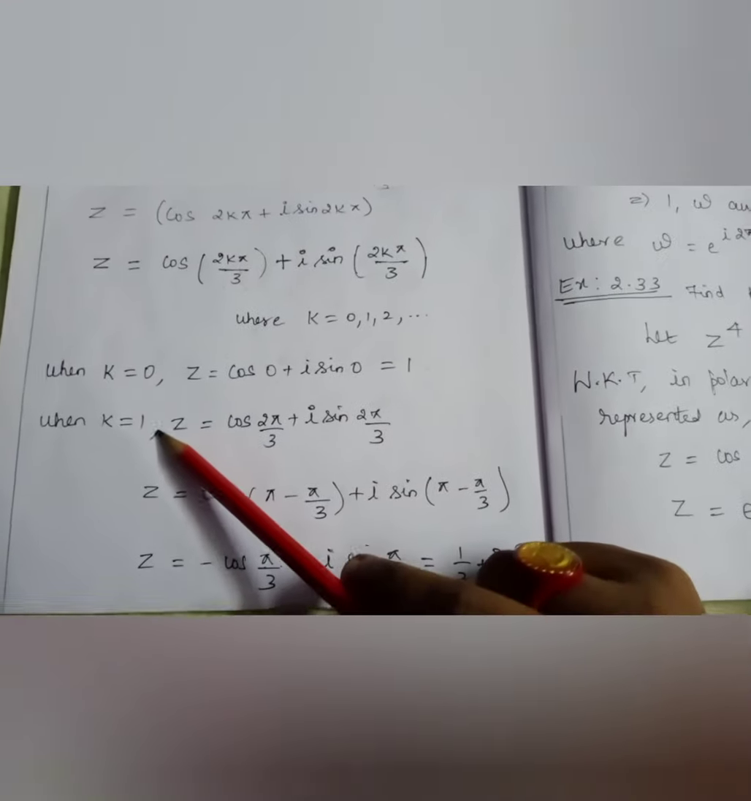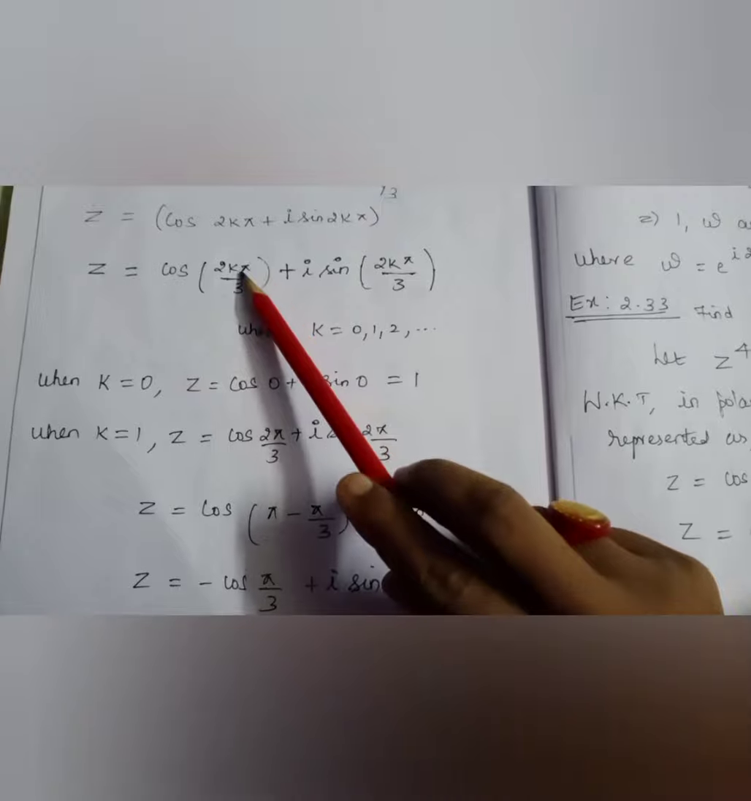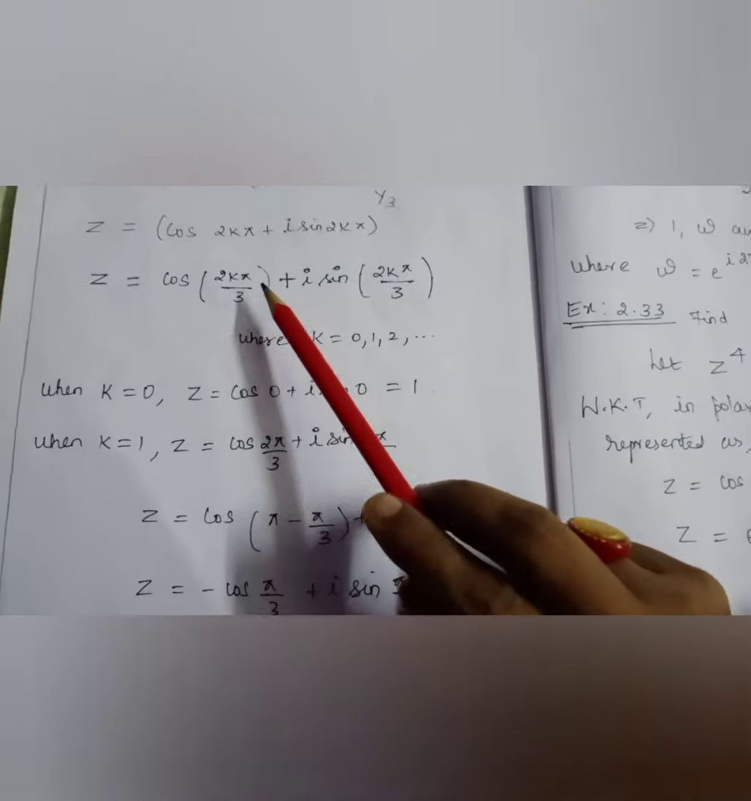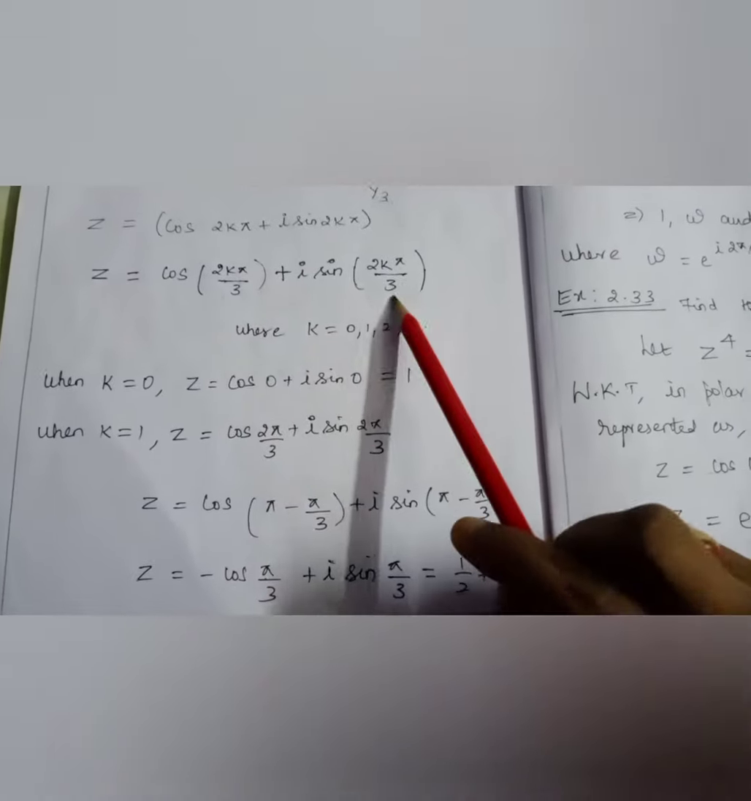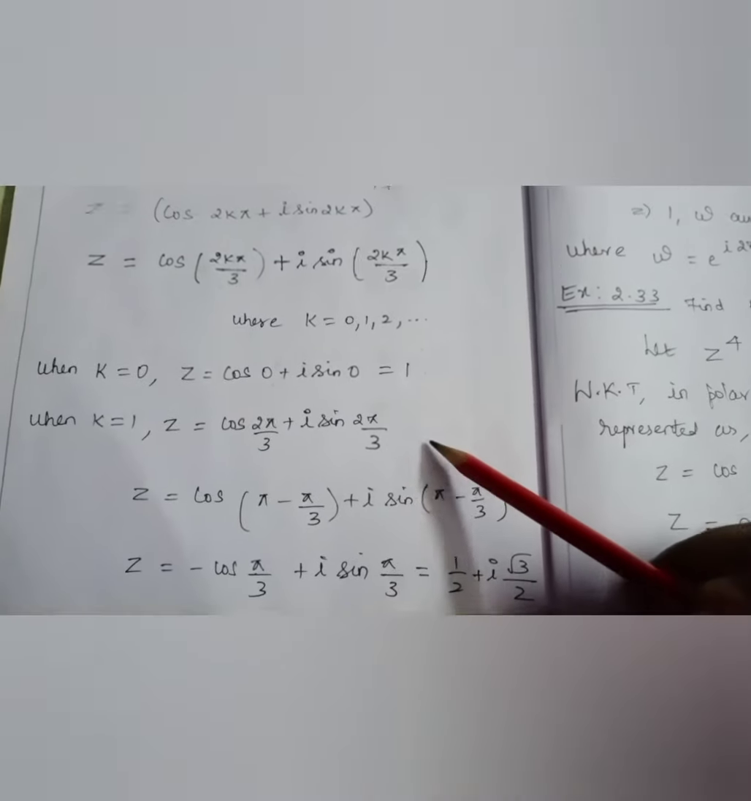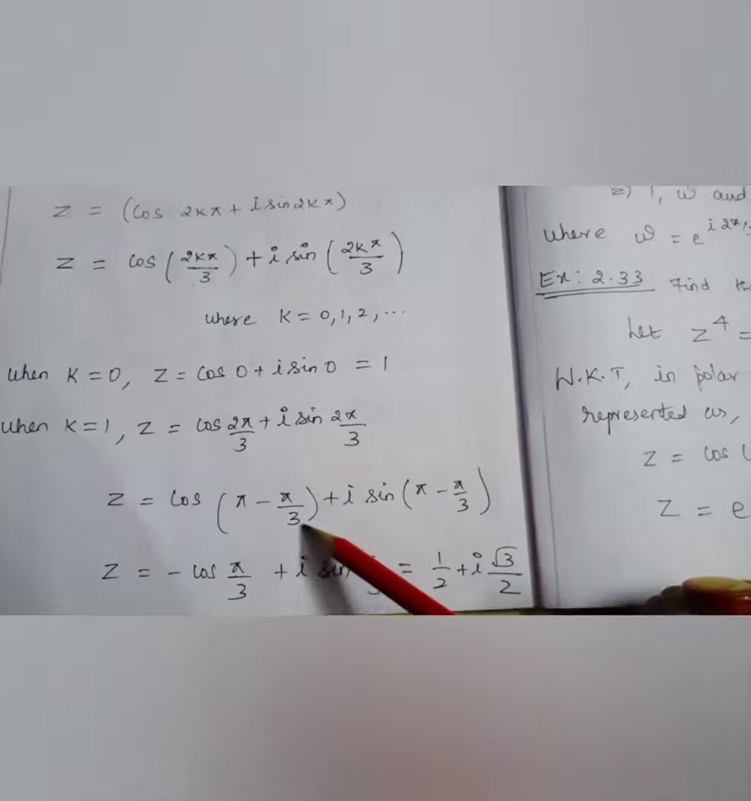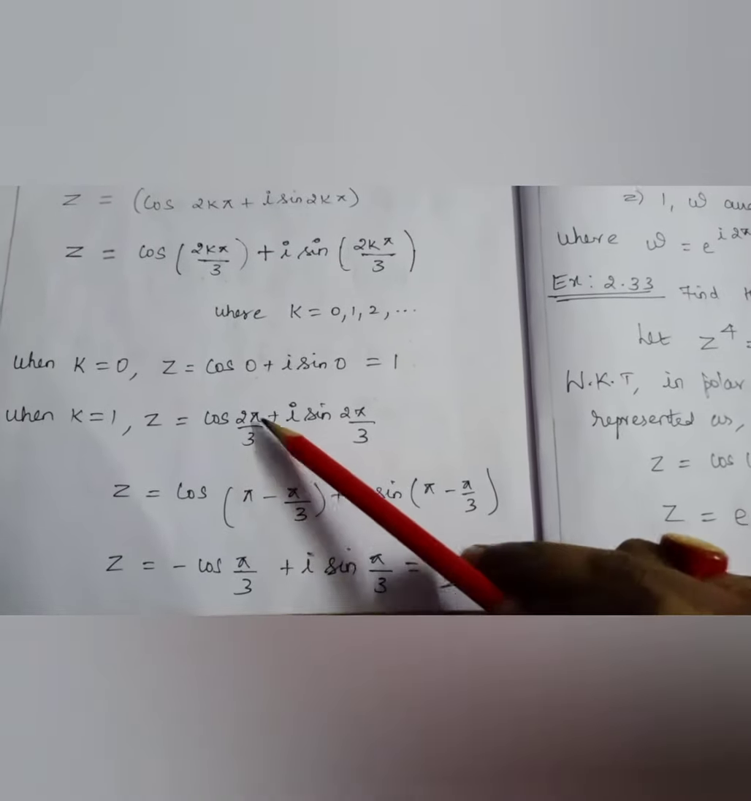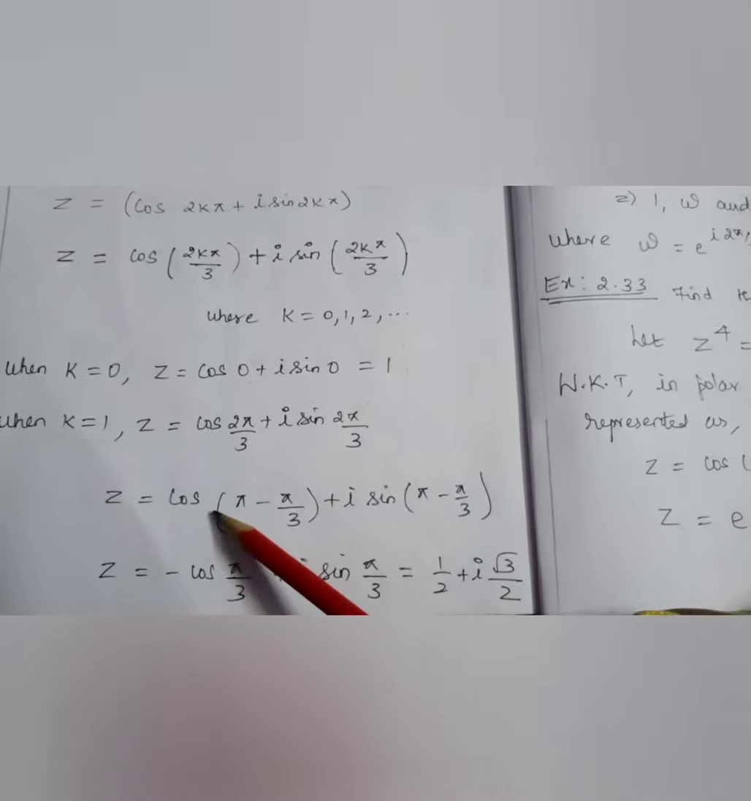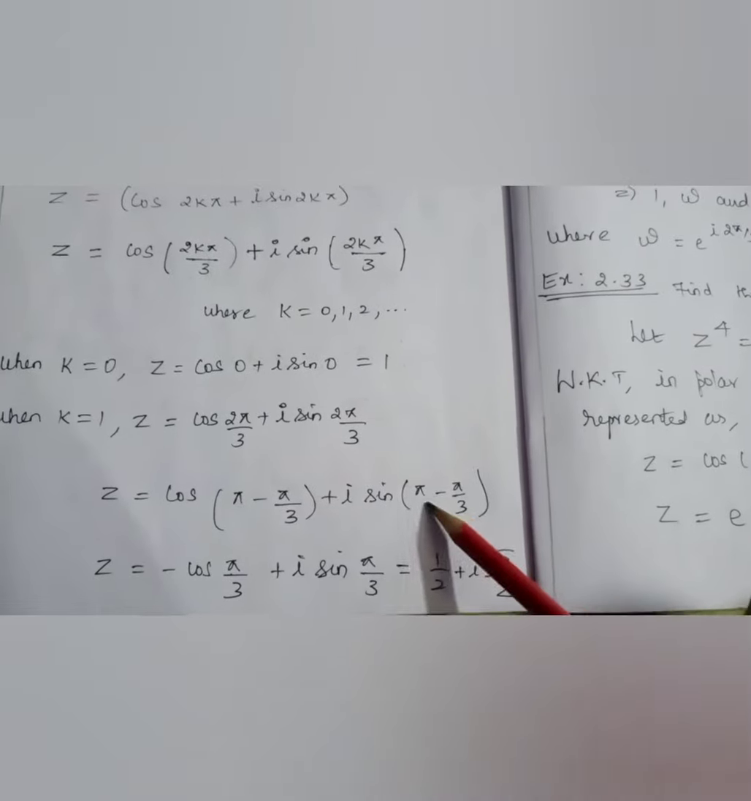Now we'll go ahead with k equal to 1. So wherever k is there, I'll substitute 1. So this becomes 2 pi by 3, and this also becomes 2 pi by 3. Can you all see here? So now, shall I write this 2 pi by 3 as pi minus pi by 3? Take LCM now. 3 pi minus pi is 2 pi by 3. So I can write this as cos of pi minus pi by 3 plus i sin of pi minus pi